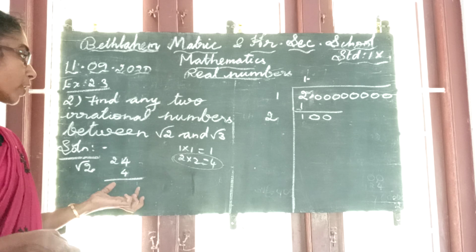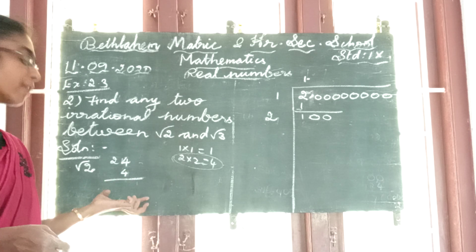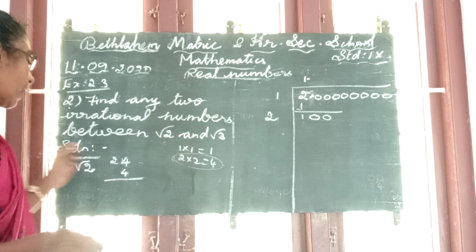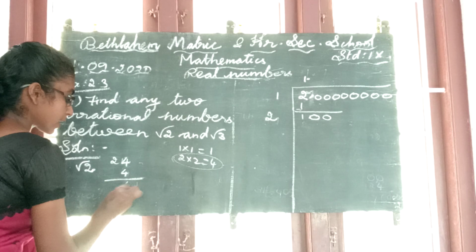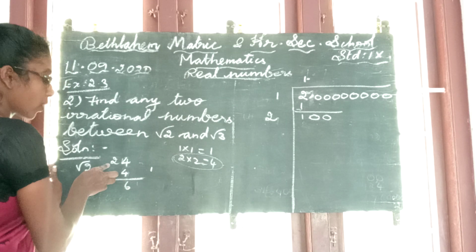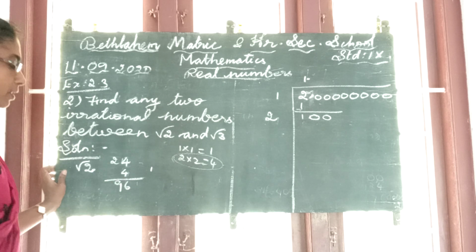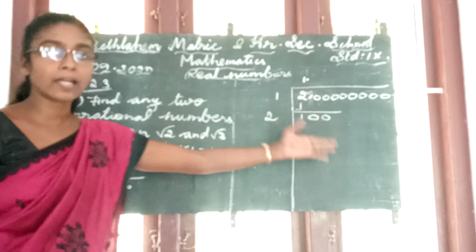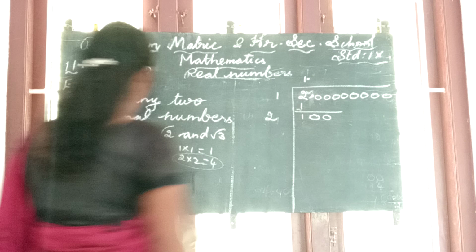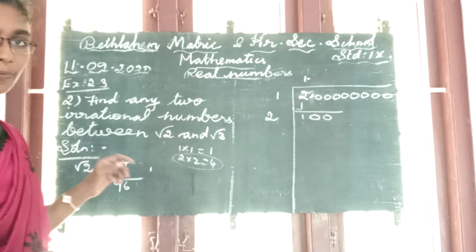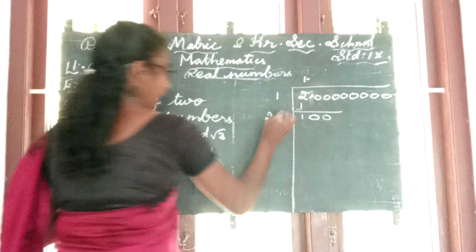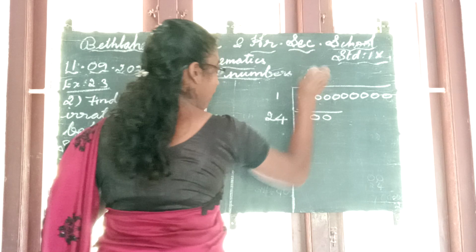Okay, it is very important, in the 10th standard also it is useful for you. So just learn this. 4 4s are 16. 1 balance. 4 2s are 8. 8 plus 1 is 9. 96. So 96 is less than 100. So what do you have to do? Where do you have to write this 4? Yeah, very good. Here also you have to add 4. Here also you have to write this 4. 96.